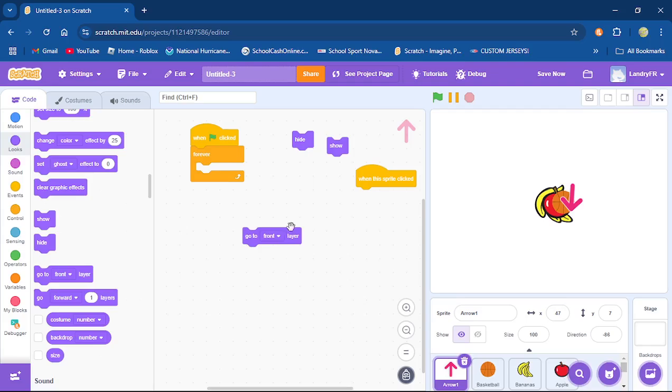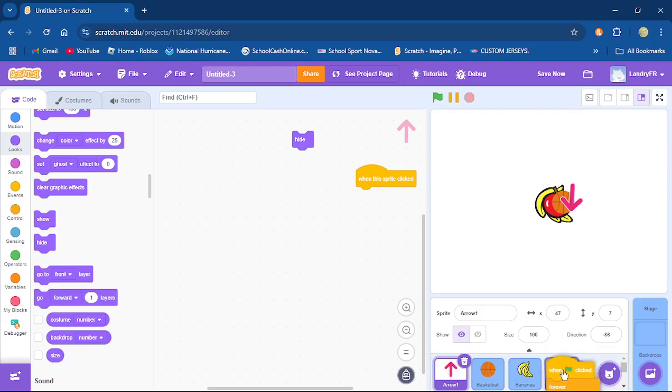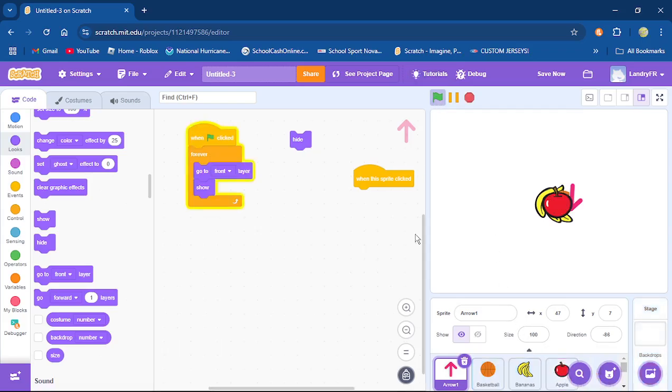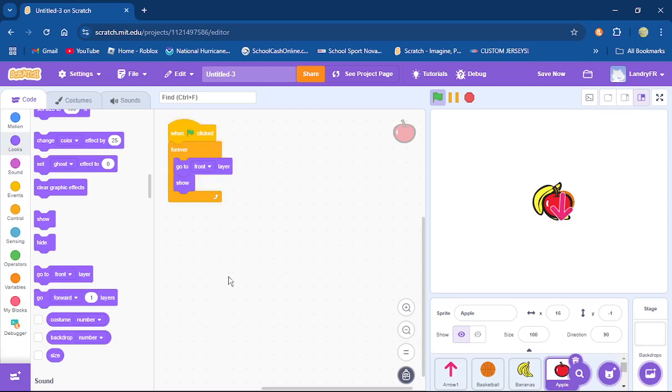So let's say I put a forever loop, go to front layer and show on this apple. I'm going to do that right now. We're going to hit the green flag. Bam. My apple is going on top of all of those other graphics now forever. Now I want to put this on top of that. It's not going to work. Why? It's because forever that apple wants to appear on the front layer. All right. There's no way you can change that unless you go to the code here and stop it.